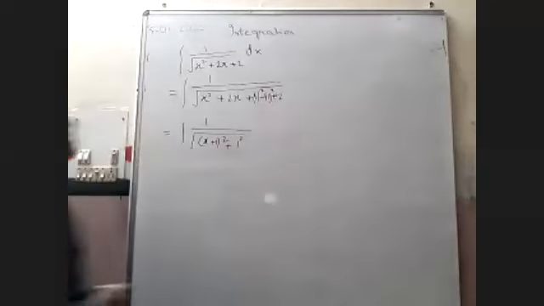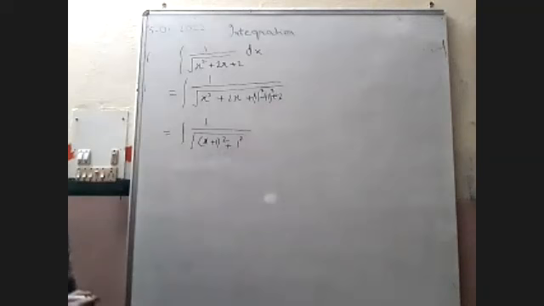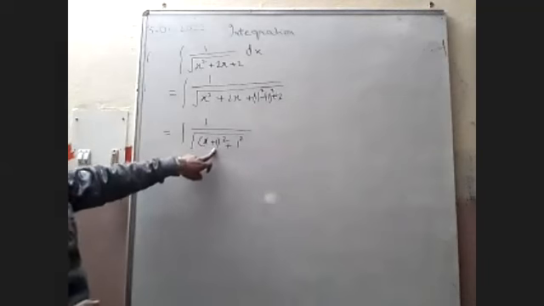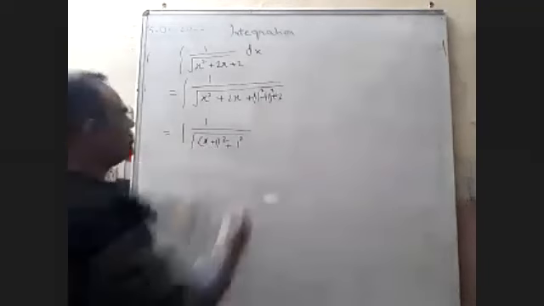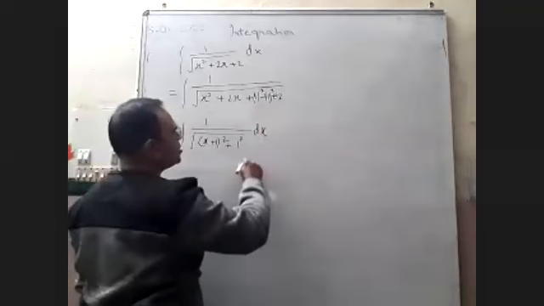Now it becomes the standard form, x square plus a square. Now you can use it, because the coefficient of x square is equal to 1. If you let x plus 1 is equal to t, there will not be any problem. Just see here, if you assume x plus 1 is equal to t,